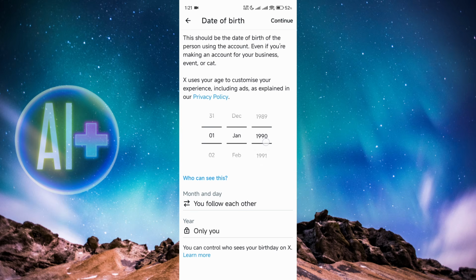So, for example, 1990 will work, 1995 will work. Anything below that, I guess, also will work. So, for example, you can just set it to 1980 just to be sure, and this just pretty much updates the age for your accounts. If you're a minor, of course, a lot of things won't be accessible, and then you just press on continue